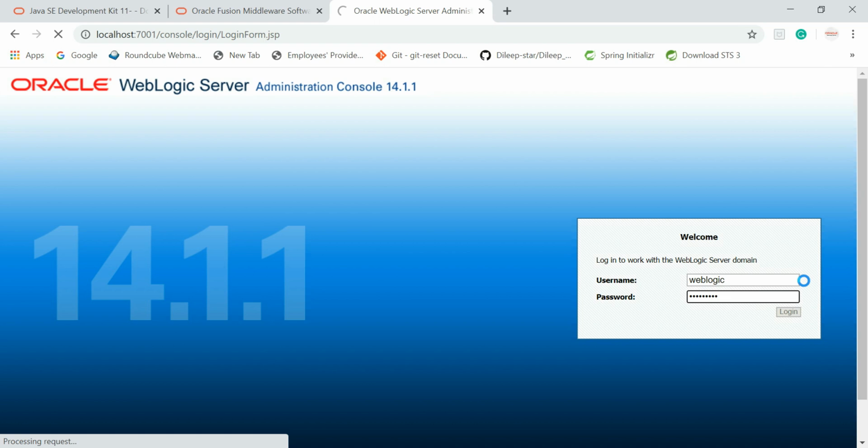It's taking too much time. Trying a different browser.